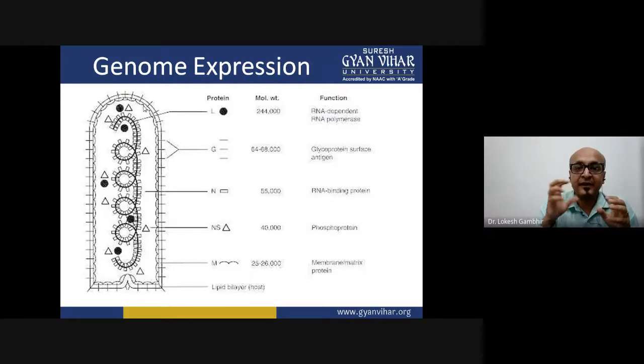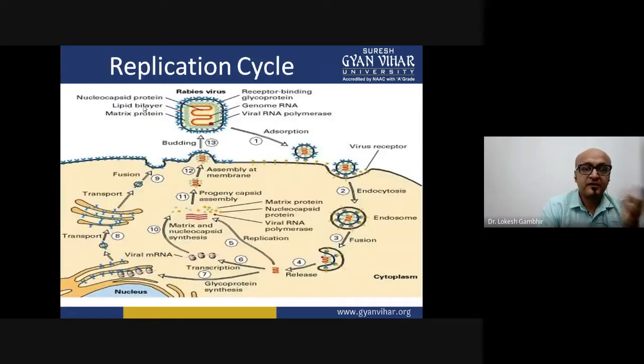If I am not giving any kind of treatment, any kind of vaccination, any kind of chemical compounds to treat this particular infection, then these five proteins are sufficient to evade the immune response. That is how we end up studying the complete structure of a small bullet shaped rabies virus.